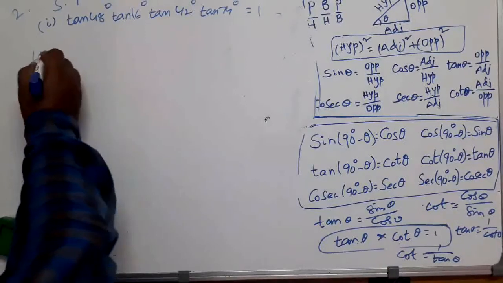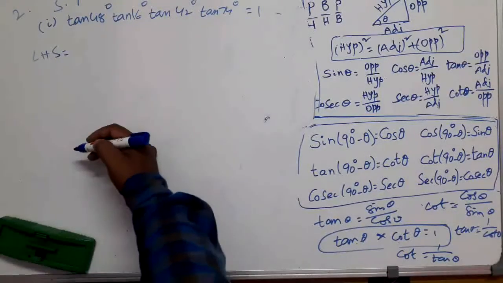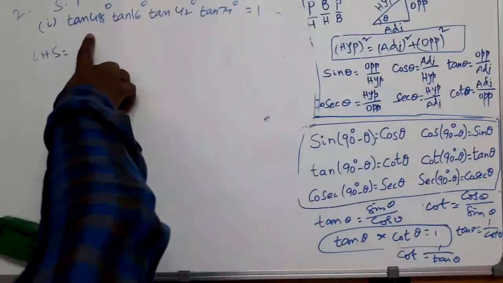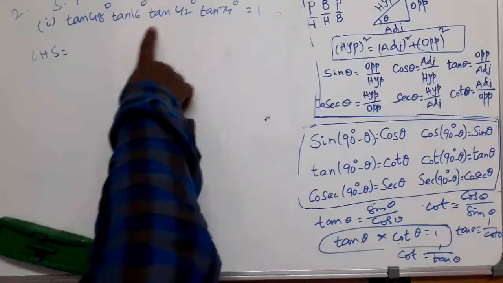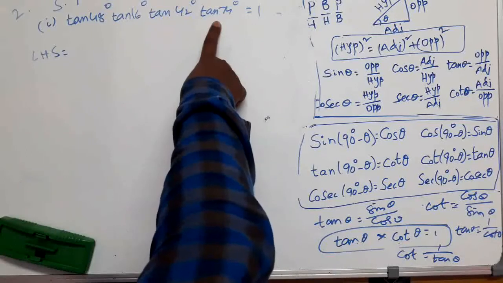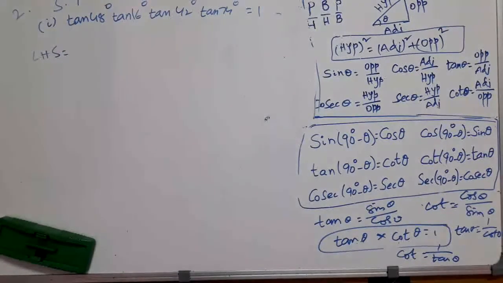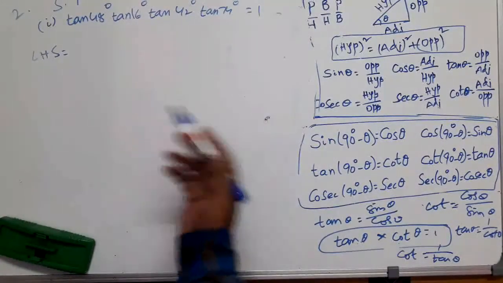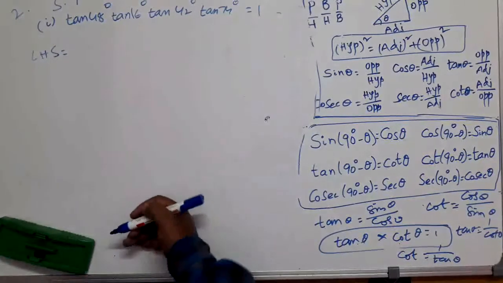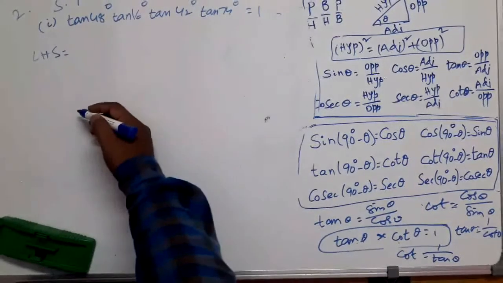So let us start with the left hand side part. This is the left hand side part. So tell me, do you know the value of tan 48 degrees? No. Tan 16 degrees? No. Tan 42 degrees? No. Do you know the value of tan 74 degrees also? So what shall we think? Yes. To use this formula, we need to have two angles whose sum is 90 degrees. That's what we have observed so far, right? Let us see if any two of these given 4 angles will give you 90 degrees.